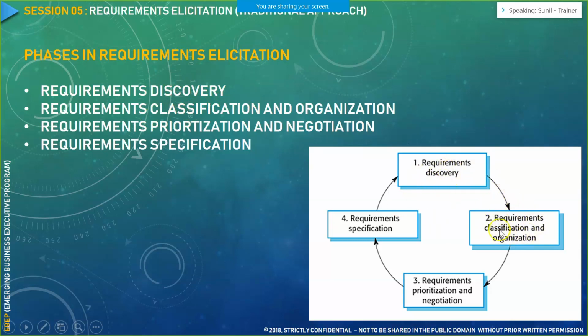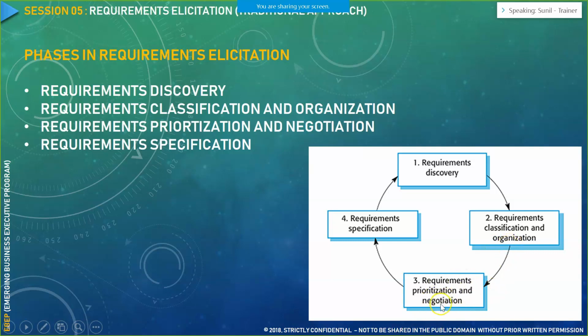After that, it is followed by requirement classification and organization. So the classification that we saw, the 10 to 12 categories, we need to classify the requirement in that particular fashion, whether it's a functional requirement, non-functional requirement, implicit, explicit, or any XYZ category of requirement, and we have to organize them, like which requirement is related to another requirement. So if we say a functional requirement, there would be 10 functional requirements that you have written for a particular feature, for a particular capability in a particular system. So we need to link those 10 functional requirements with each other. So that is called as organization of the requirement. We first discover, then we classify and organize the requirement.